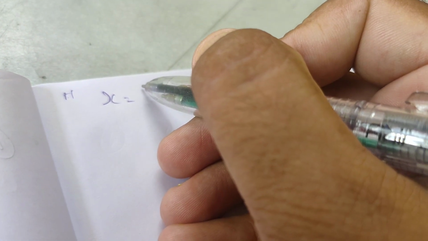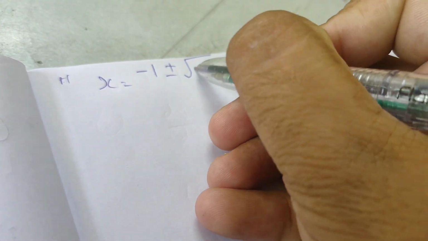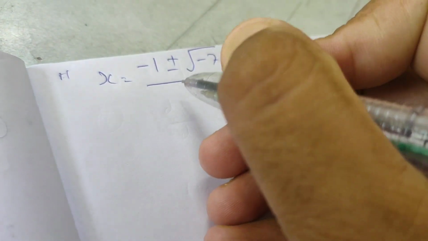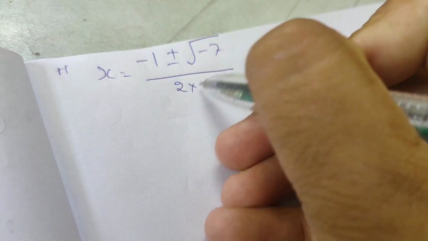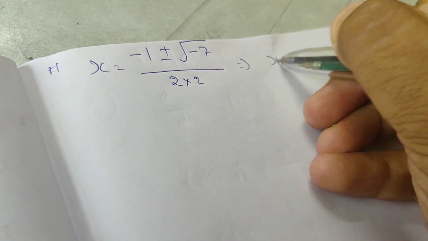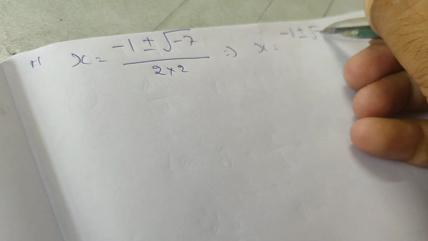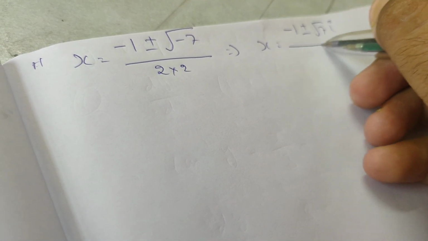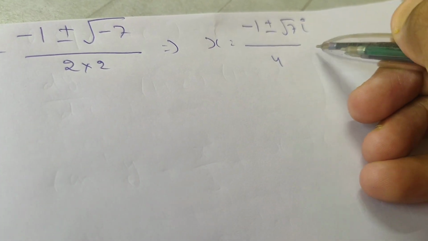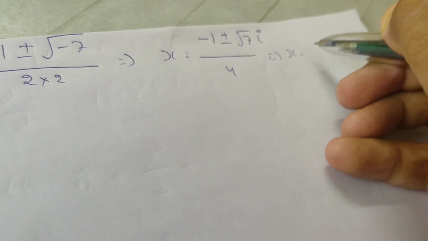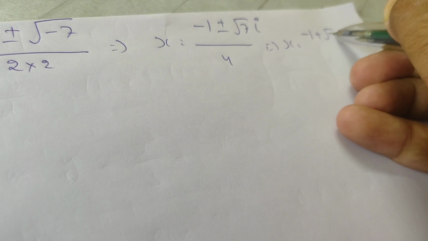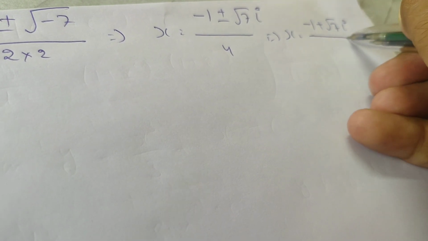What will we do? This implies x is equal to minus b plus minus under root of b squared minus 4ac, that is minus 1 plus minus under root of minus 7 divided by 2a, that is 2 multiplied by 2. So x is equal to minus 1 plus minus, this can be written in the form of root 7 iota divided by 4. So our answer will be x is equal to minus 1 plus root 7 iota by 4, or